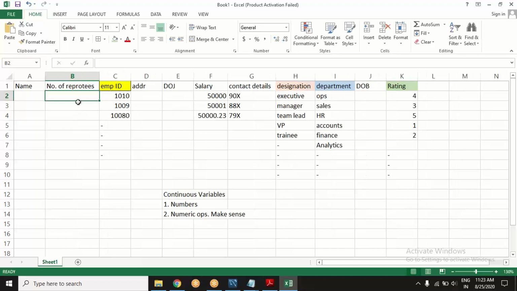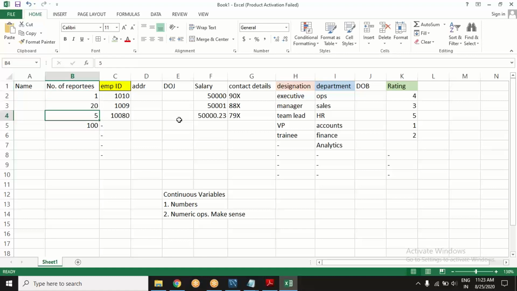Suppose they are recording this type of variable also for some reason. Think about it. What will be coming here? They are recording how many people report to this person. Executive, maybe only a trainee reports to him. Manager, maybe 20 people report to him. Team lead, maybe a team of 5 reports to him. VP, okay, maybe 100 people are reporting.